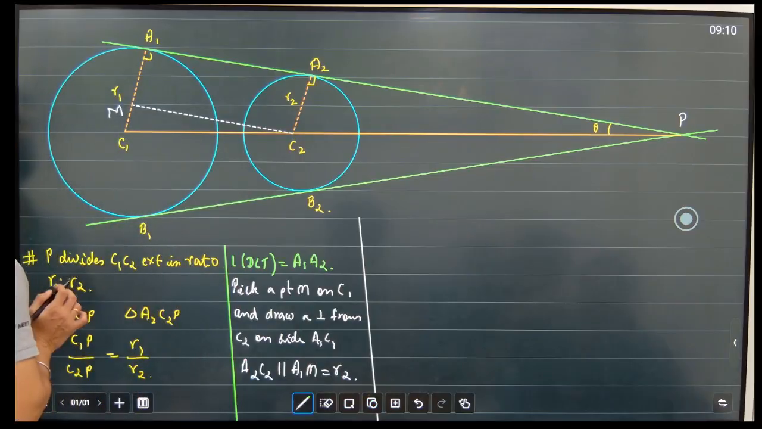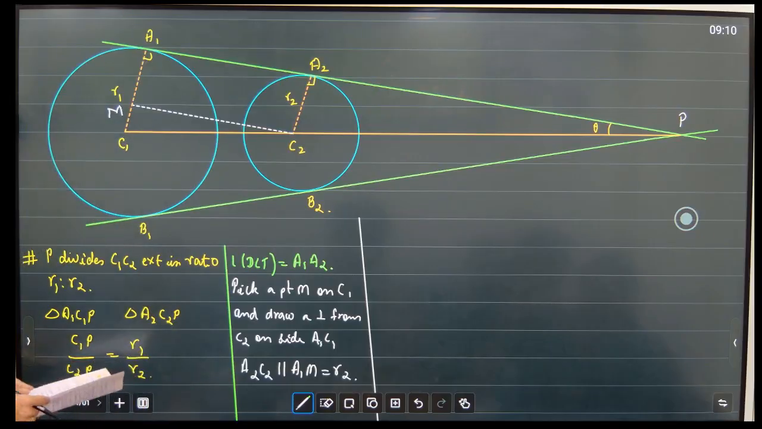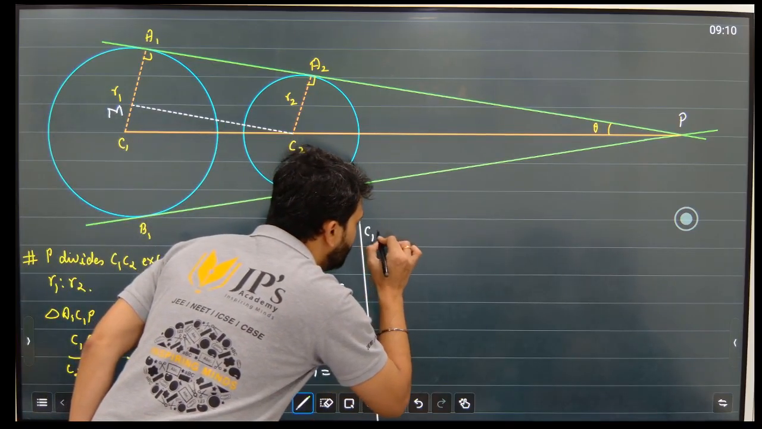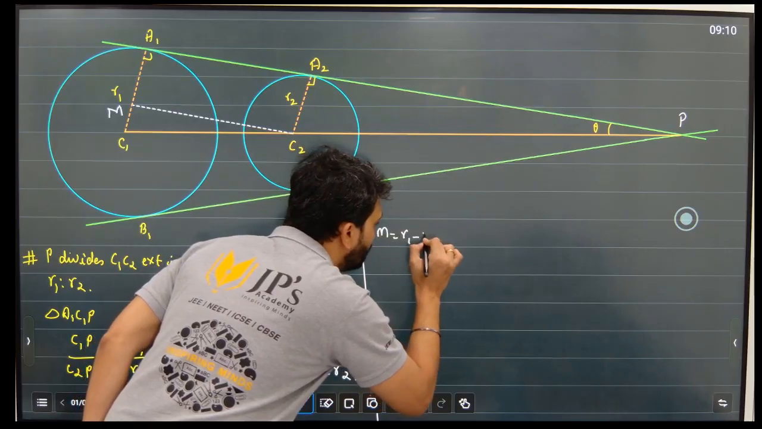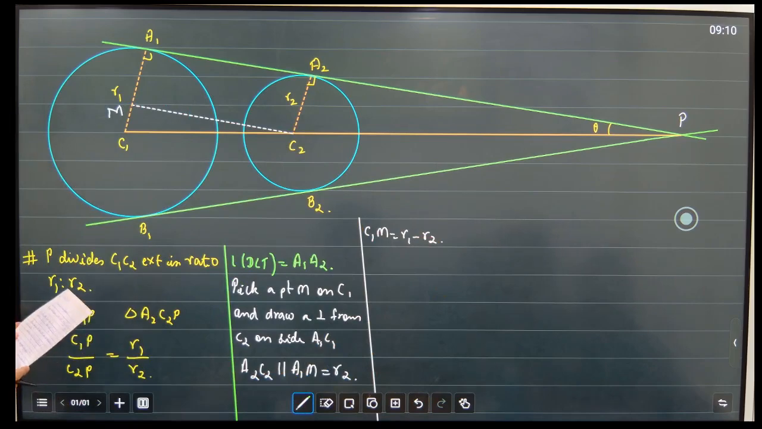So can you tell me, guys, what is C1M? What will be C1M? Very good. So C1M will become R1 minus R2. Very good. So C1M has become R1 minus R2. Okay. And